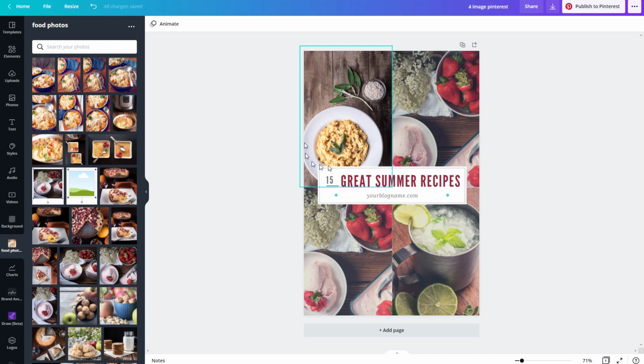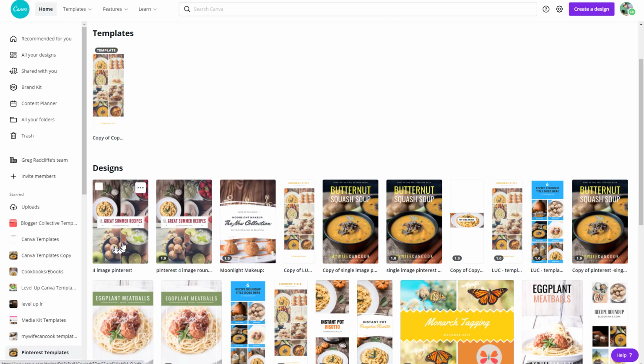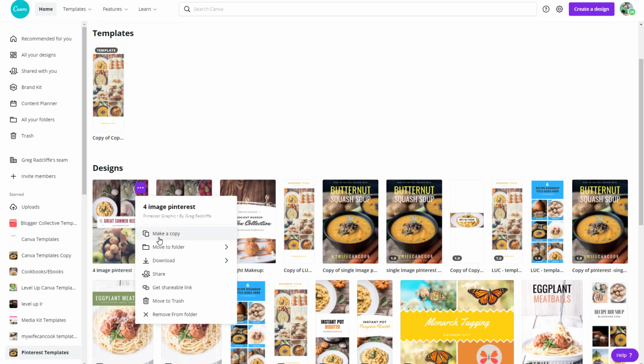Of course, you're going to create your design file, have it all set up the way you want it, but then when it comes to launching this file, let me just go back here and find that screen. So here's where this design is. This is this 4-image Pinterest template. Of course, I could use these 3 buttons and I could make a copy, but there's a better, quicker way